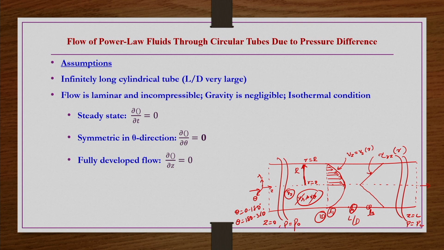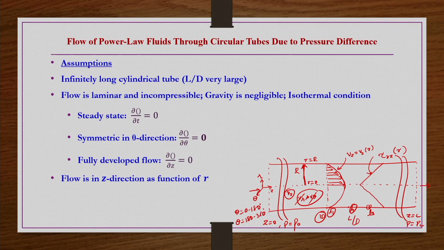That is another assumption. This fully developed flow assumption is valid in the region away from the entry and away from the exit, because entry and exit effects are there. So, we are not taking the domain within the range of entry and exit to get the velocity profile. We are taking far away from the entry, far away from the exit, somewhere in between, where the fully developed flow region is developed, in which at any location if you measure the velocity profile you are going to get the same profile. That is what is meant by dou by dou z of any flow variable being 0, okay. That is the other constraint.